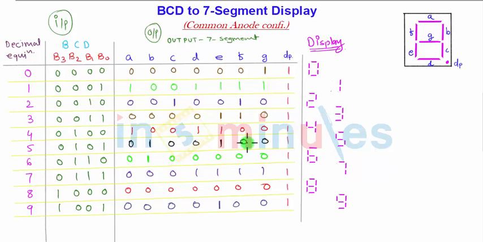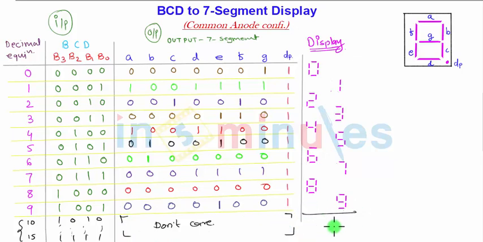You need to show the display part also along with this. We are using the 4-bit input BCD, so there are 4 bits. There are 16 combinations, out of which we are using only 10 combinations, 0 to 9. So combinations from 10 to 15, that is 1 0 1 0 all the way to 1 1 1 1, should be don't care cases, because we are designing particularly BCD to 7 segment. So all this section will be don't care, and there will be no output.